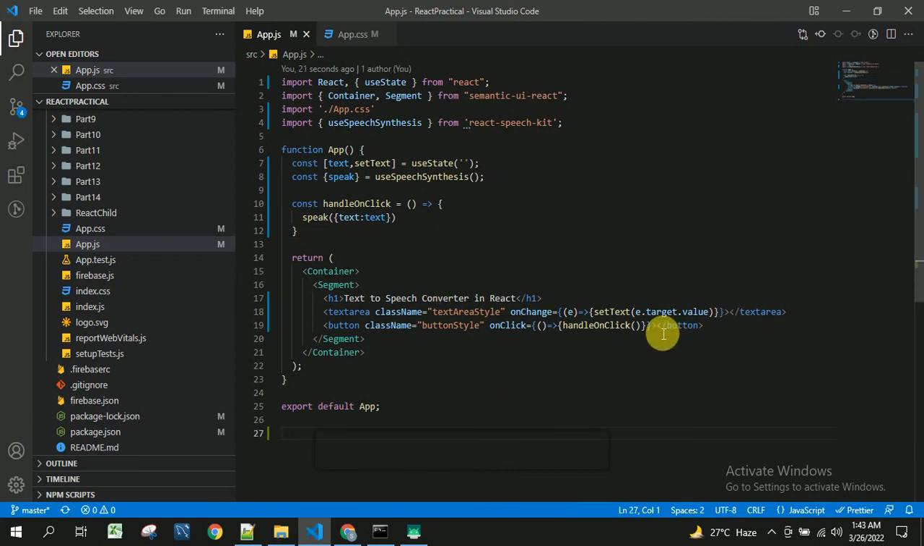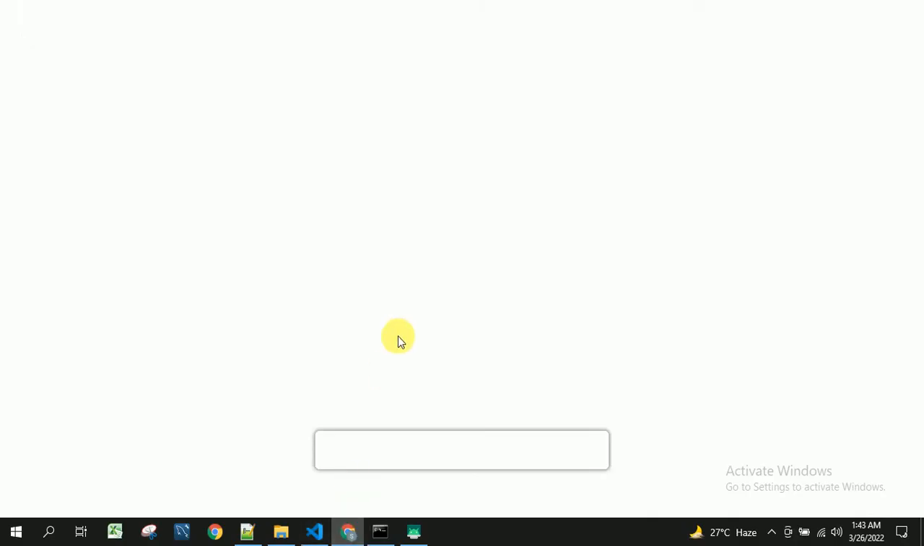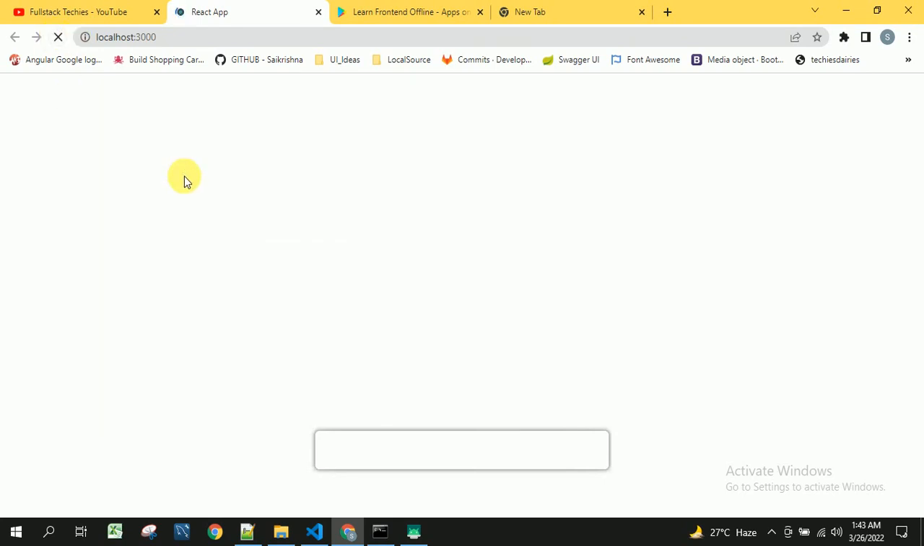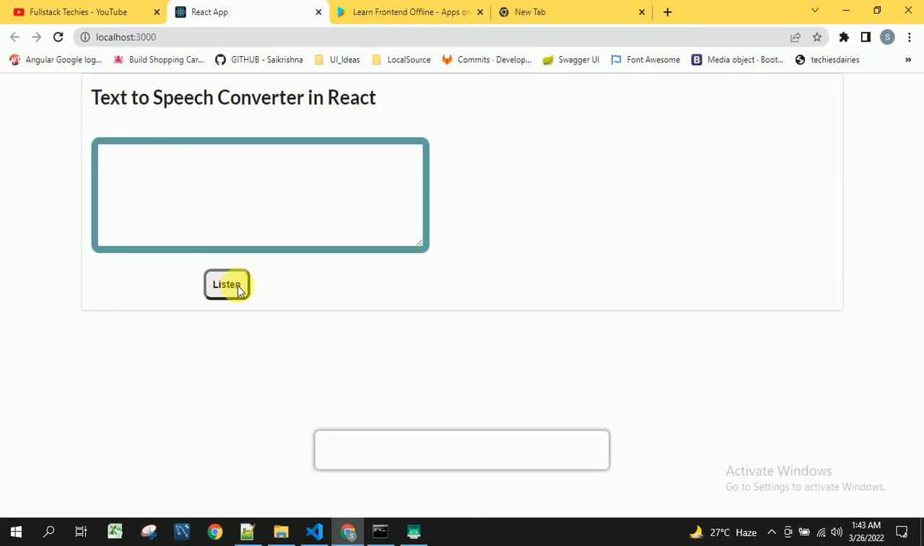So we need to click here. So listen. Now we should be able to see a text area and a button called listen. Now once user clicks on this button,